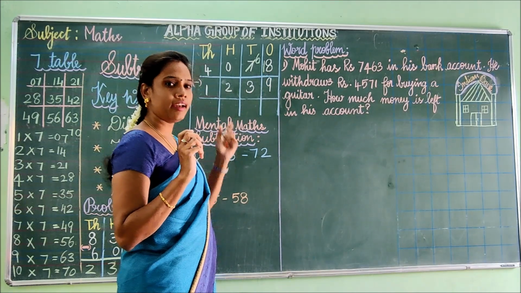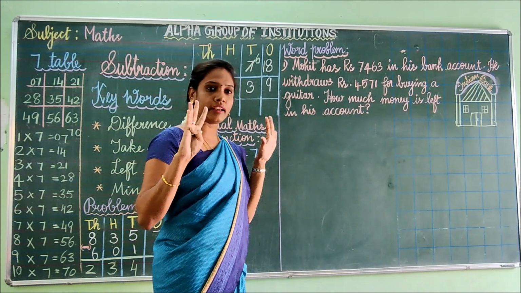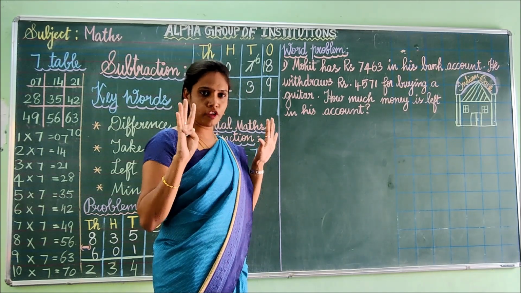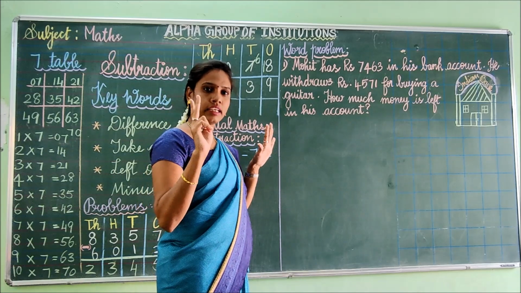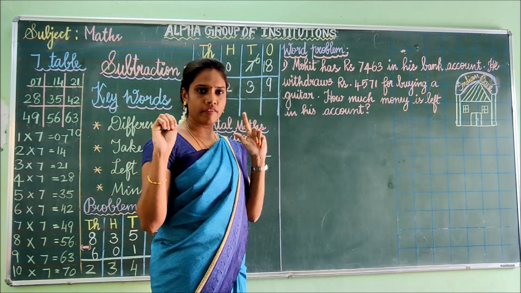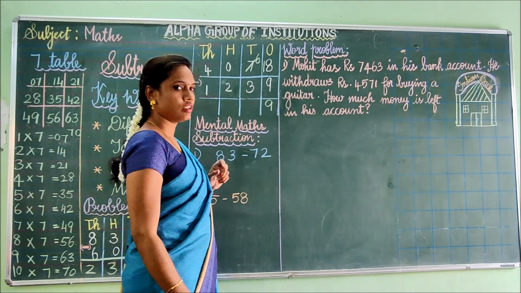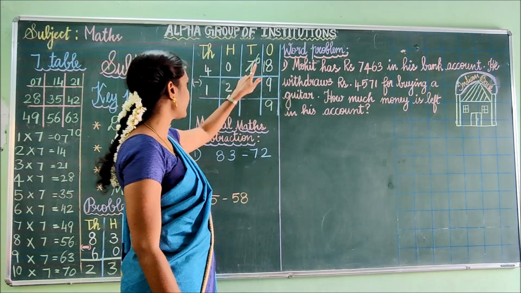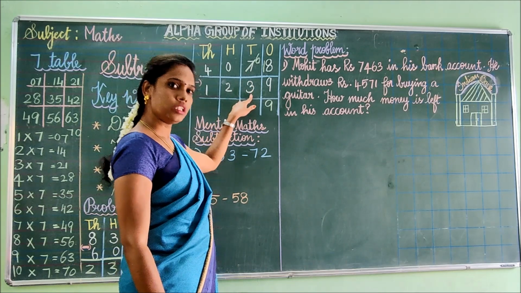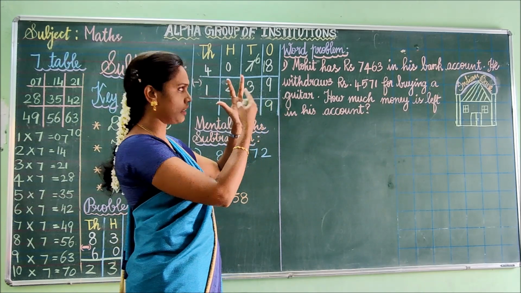So we can subtract. Okay, 18 in the mind, take 9 fingers. Okay, so before 18. In addition you will say the numbers after, but in subtraction you have to use the numbers before. Before 18: 17, 16, 15, 14, 13, 12, 11, 10, 9. 18 minus 9 is 9. Okay, next move on to tens place. See here, 6 minus 3. Okay, so here 6 is greater than 3. So 6 minus 3. What is the remaining number? Yes, 3.